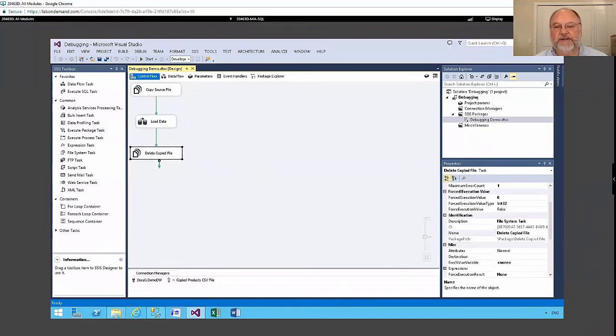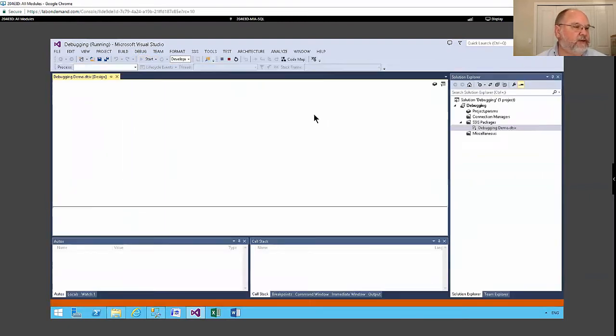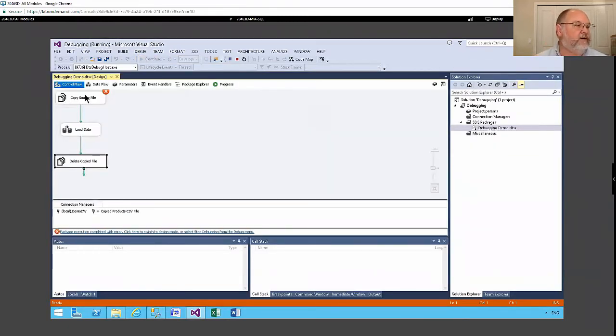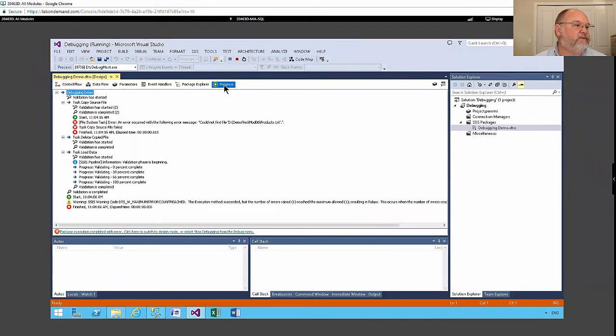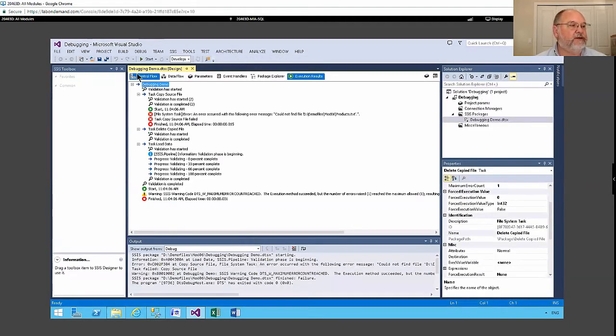All right, so something is going to go wrong in here. We kind of want to take a look at this and find out what's wrong. The first way we'd probably notice something is wrong is we would run it and we get an error. We get an error right away. Look at the progress window, right? And the task copy source failed. Well, we knew that. And the reason is it couldn't find a file called ddemo files mod 6 product.txt. We know why, right? Because that file doesn't exist. So let's stop this, come back to our control flow,